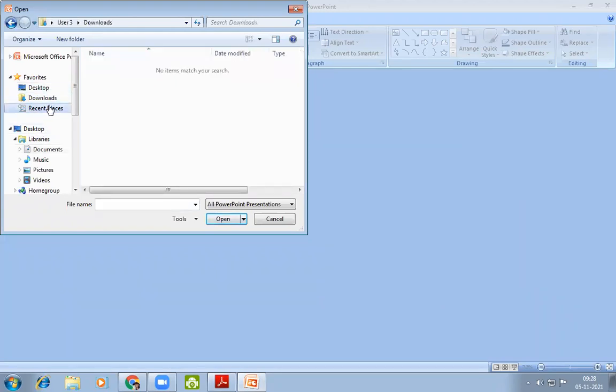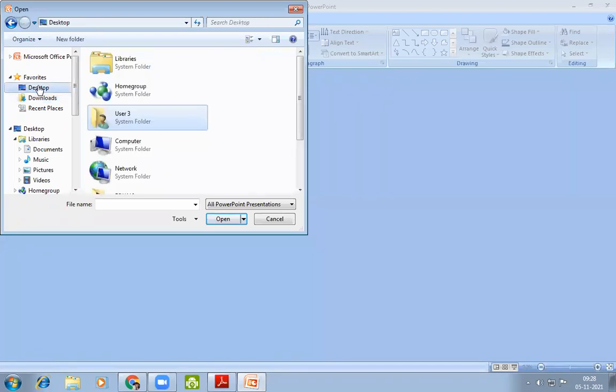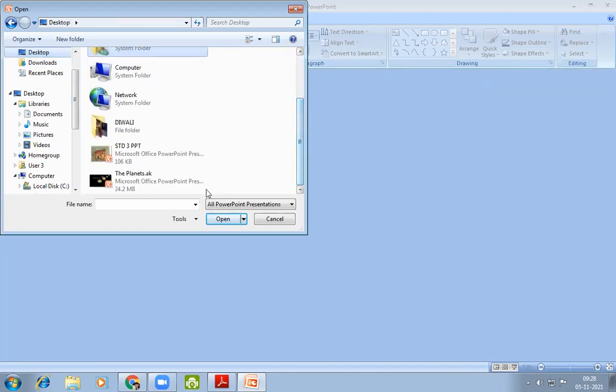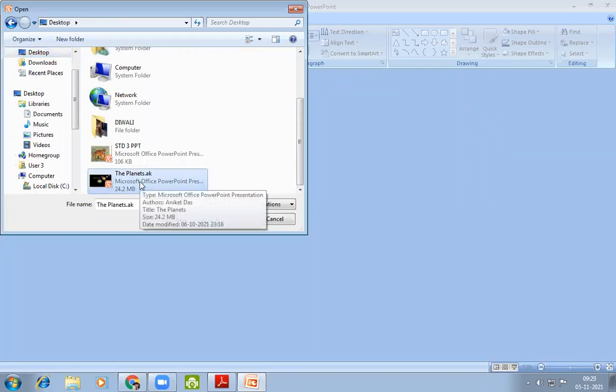We have to search the folder location. I have already saved this folder on the desktop. That's why I have selected desktop. Then now I am going to search where it is here. This one, or any one. Okay. For example, this one is another Microsoft presentation.